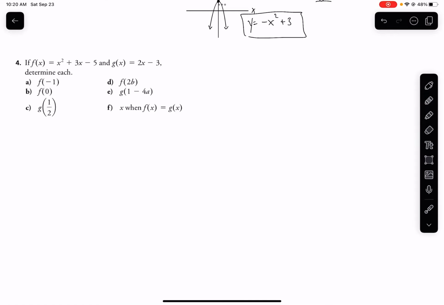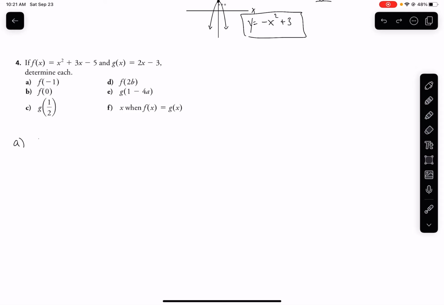Okay, so in this question, it's given us two functions. F of x is equal to a quadratic, and g of x is a linear graph, okay? So all we're going to do in this question is evaluate based on what they've told us to substitute in for x, in which function. And with one little catch, question F's a little bit different, which we'll get to when we get there. But for now, let's just evaluate what for y, given whatever x they're telling us to substitute in the function